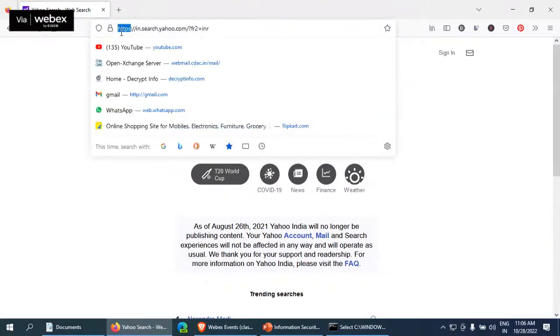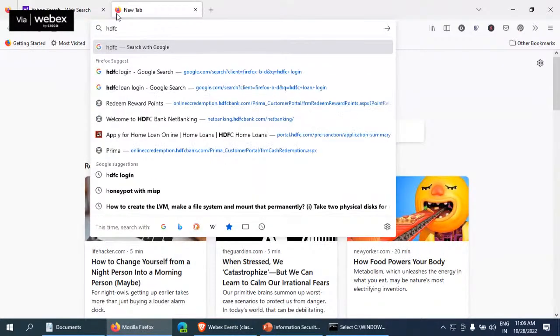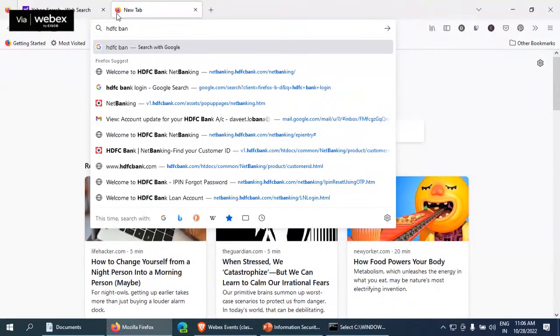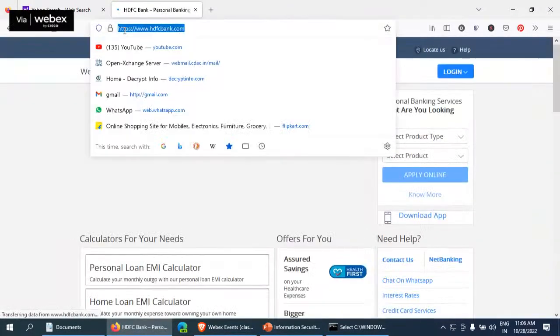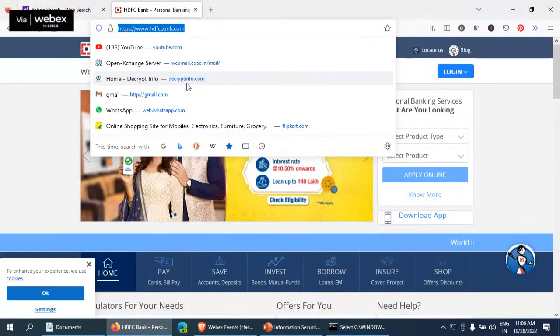It means it is creating a secure connection. If we are working with banking websites or any kind of transactional websites, they will work with HTTPS. And here you can see a lock. It means it is a secure connection. Whenever you make a transaction, it is going via a secure channel. A man-in-the-middle attack cannot happen. Let me open the website of, suppose, HDFC Bank. See, here it is also HTTPS. It means these websites are secure.